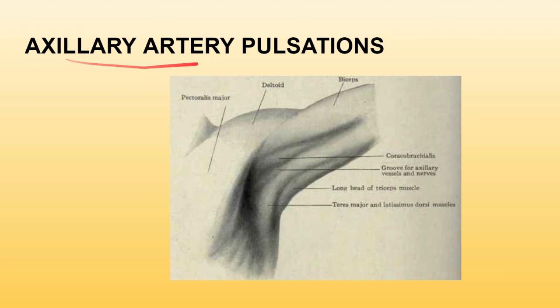axillary artery pulsation. Now, in order to check the bleeding from the distal part of the limb in an injury, operation or amputation, the artery can be effectively compressed against the humerus bone in the lower part of the lateral wall of the axilla to check the bleeding in the distal part of the limb. So just compress the artery against the humerus in the lower part of the lateral wall of the axilla, and you will be able to tell if there is any kind of bleeding in the distal part of the limb in operation, surgery or injury.